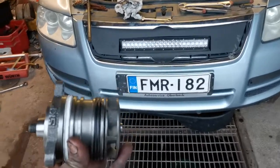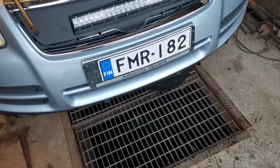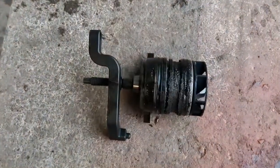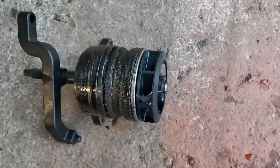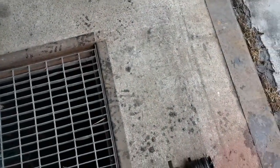2.5 TDI pump duse water pump change instructions and tips. I just took out the old water pump from my Touareg. It's with a plastic thing. I don't know how many kilometers it has been driven, but what I noticed was that